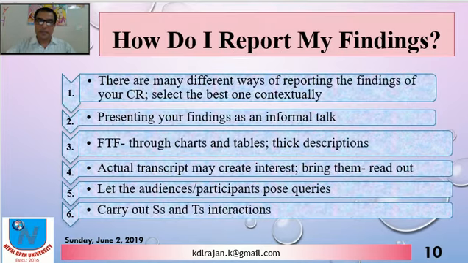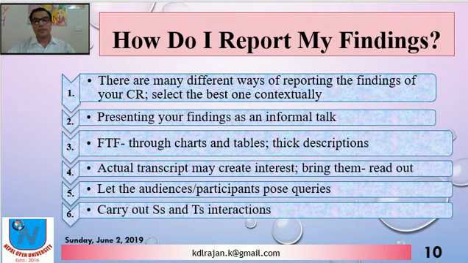And the last agenda that I am going to discuss today in this presentation is how do I report my findings. Okay, done, research done. Then what is the way of disseminating or reporting my findings?